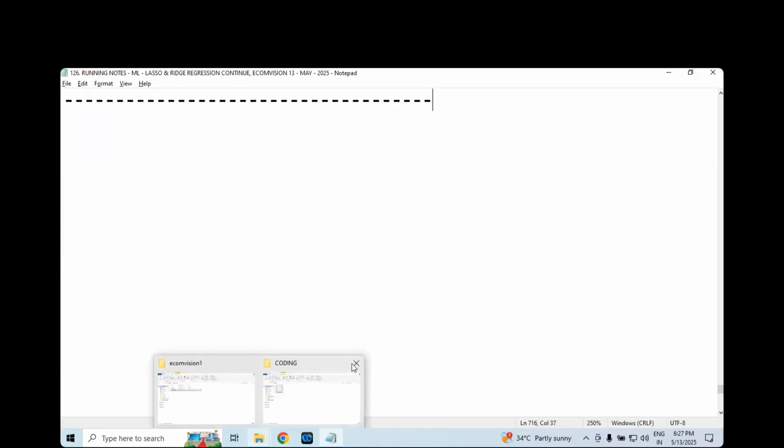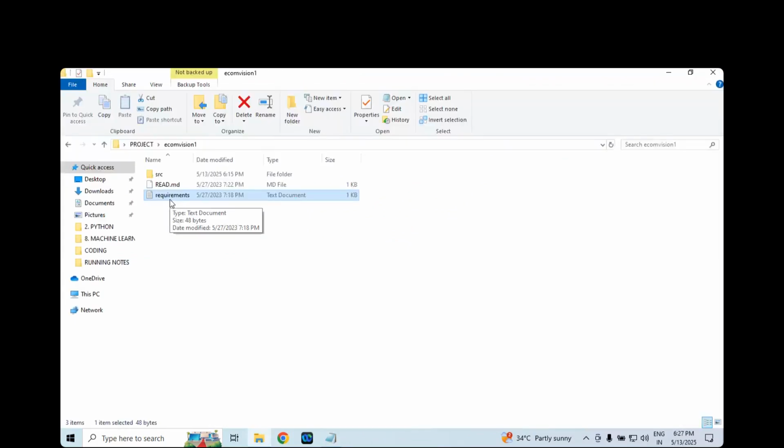That is called a requirements file. I'm sure I don't need to explain more about the requirements. Next, one more file, the README file. I can talk about this later. If you are aware of a Git repo, inside the README you need to specify the main motto of the project: what you're doing and how you're doing it.